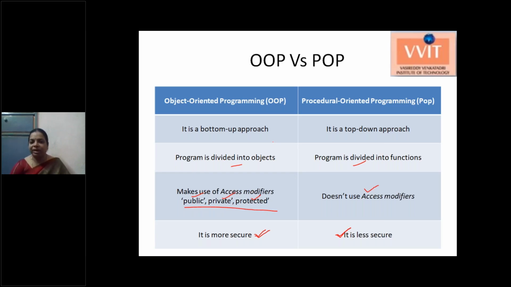But we can extend these differences. These are not the only basic and minimum differences between procedural and object oriented. We can extend with the things we can use in procedural oriented, and what additional features we have in object oriented. Those can also be written as differences. Once you go through the features of object oriented programming, you will get more differences between these two programming methodologies.